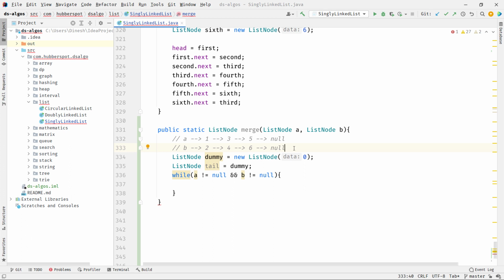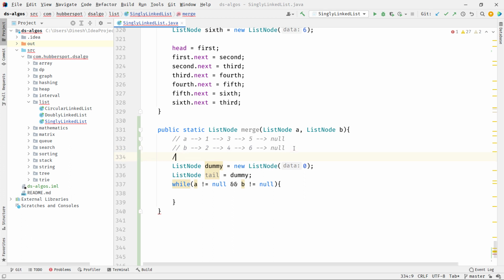When we merge these two sorted singly linked lists, the resultant list will also be sorted. In this while loop we are comparing the elements of both lists. First we compare 1 with 2. We know that 1 is less than 2, so 1 will be inserted first.